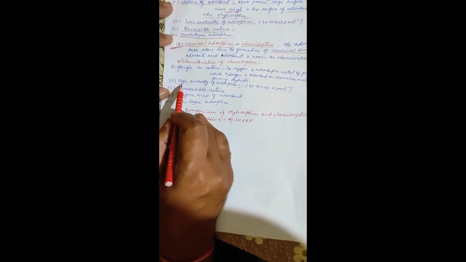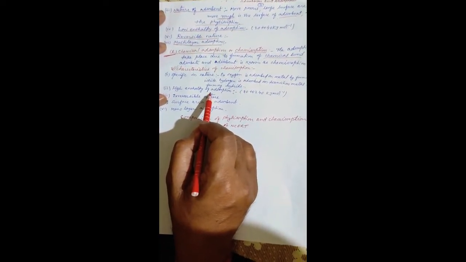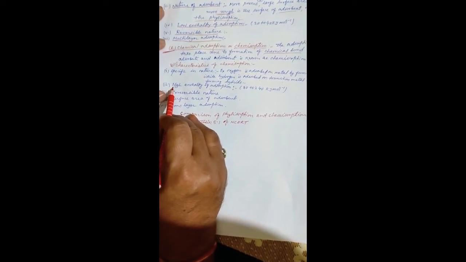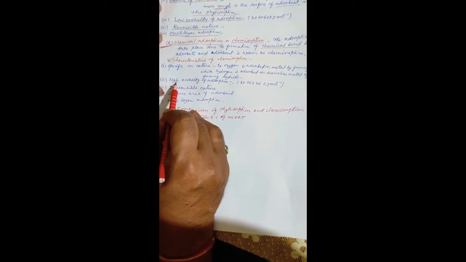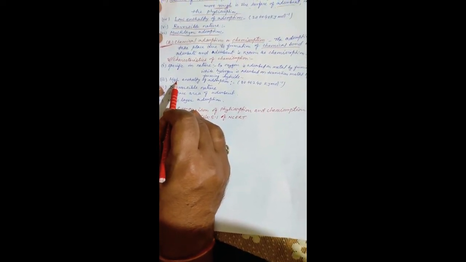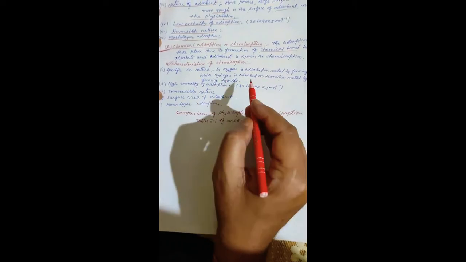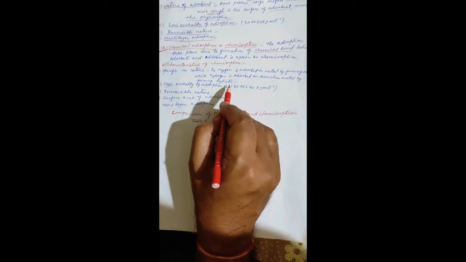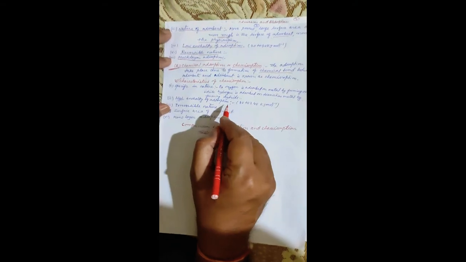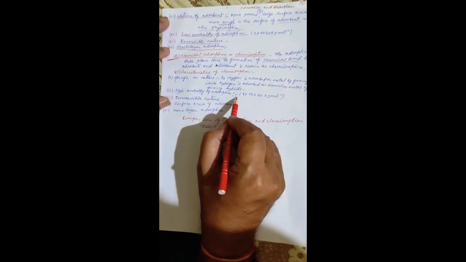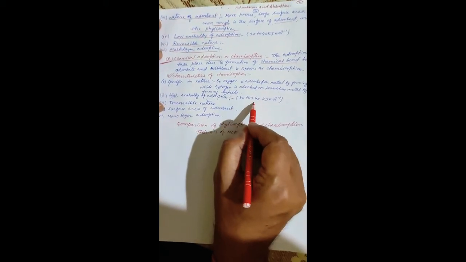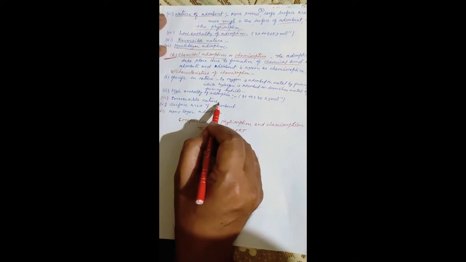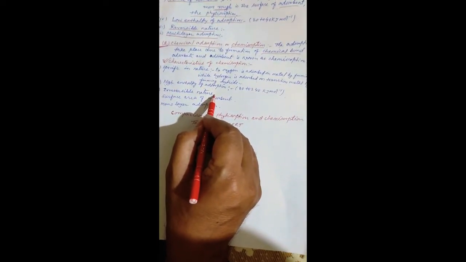Now, high enthalpy of adsorption. Already you know the bond between adsorbate and adsorbent is very strong, a kind of chemical bond, covalent bond. This bond is very strong, but naturally the released heat is high. So the enthalpy of adsorption in case of chemisorption is 80 to 240 kilojoule per mole. Now the third point is irreversible in nature. Chemisorption is irreversible in nature.